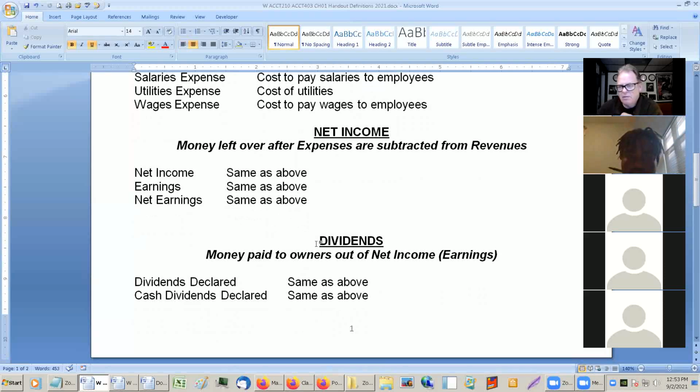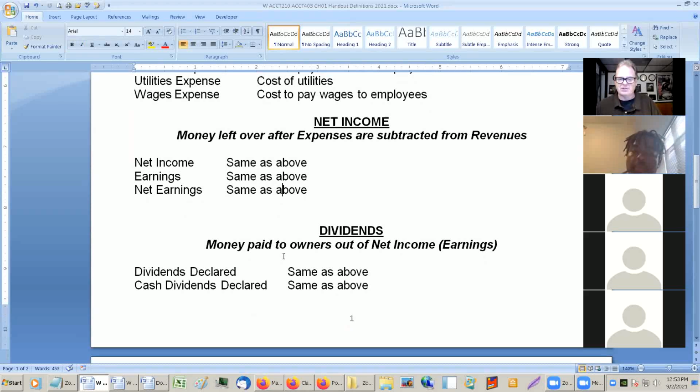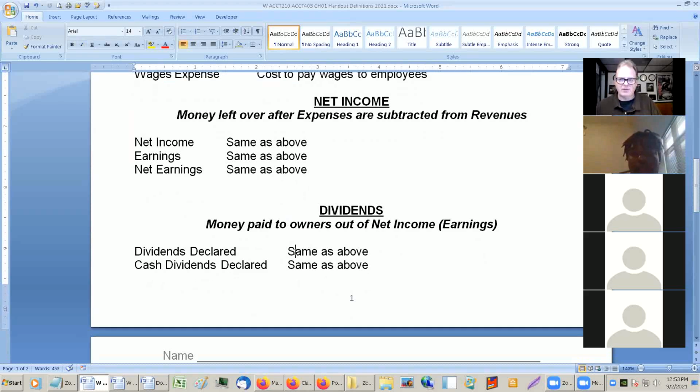Dividends is a transaction with the owners. It's paying the owners from the company. It's money going out, but it is not to run the business. It's to pay the owners. And you can run businesses without paying dividends. You can say we have a bad year, we're not paying dividends. For years, McDonald's never paid a dividend because they were growing so fast that it was better for them to keep the money and make 20% on it rather than pay it out to the shareholders who would then put it in the bank and earn 2% or something. So for years, they didn't pay out dividends.